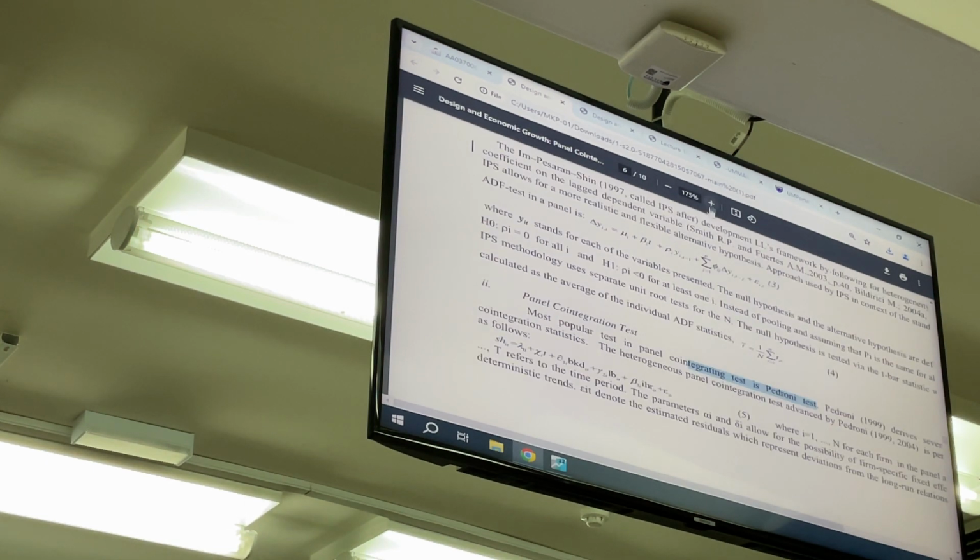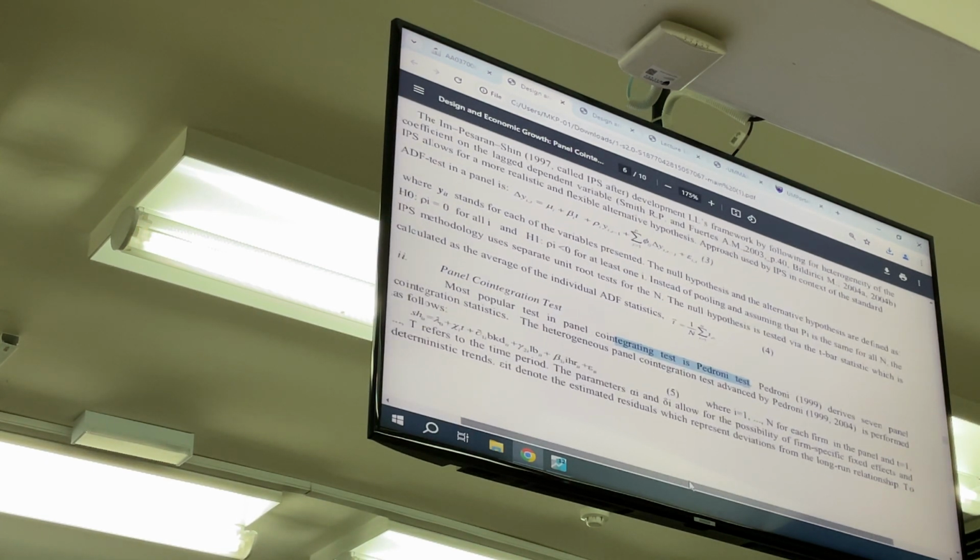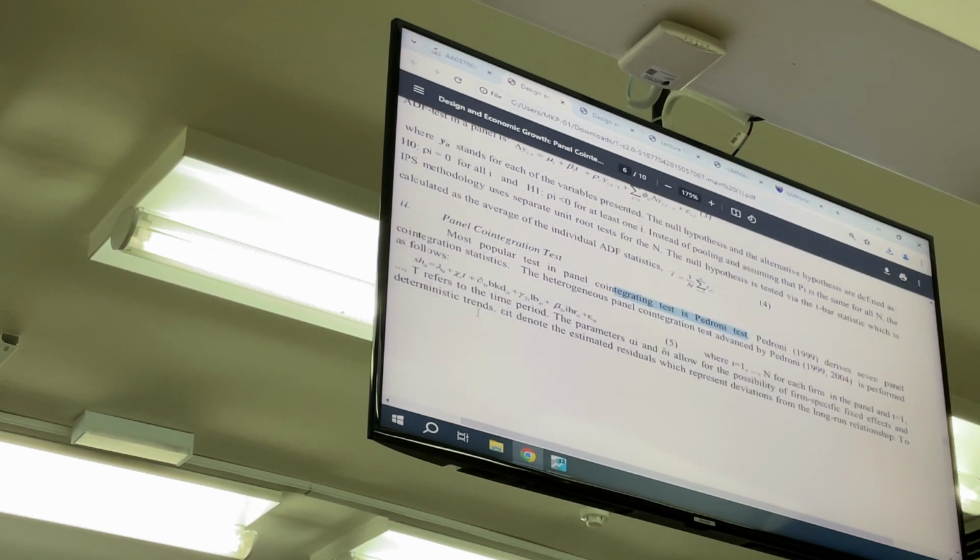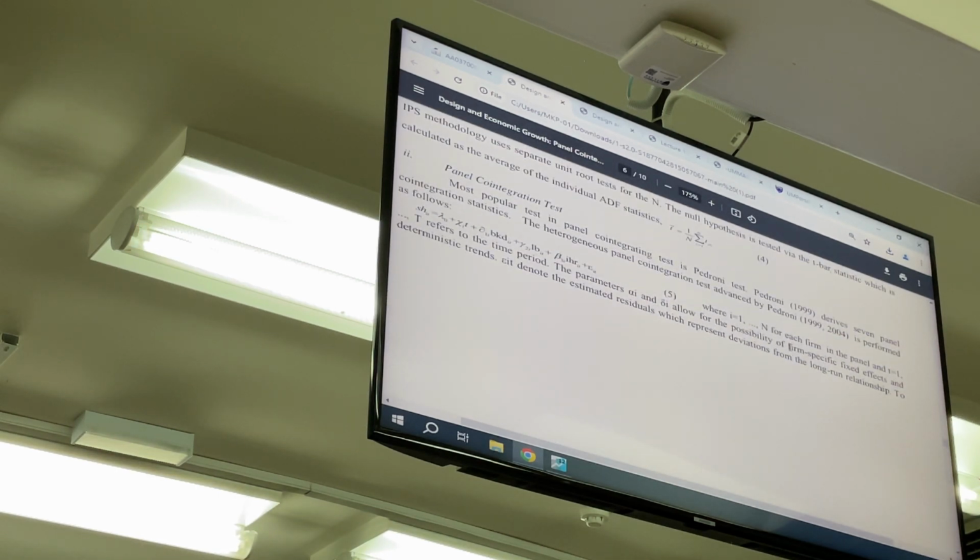This Pedroni test is derived from the panel, and then, for example, he rewrites this equation with the dependent and independent variables, and also with the intercept and the time trend, with either a firm-specific fixed effect and also the time trend. So if you want to test for cointegration with no trend and no intercept, you just go back to the model without the intercept and the trend. So it depends on how you